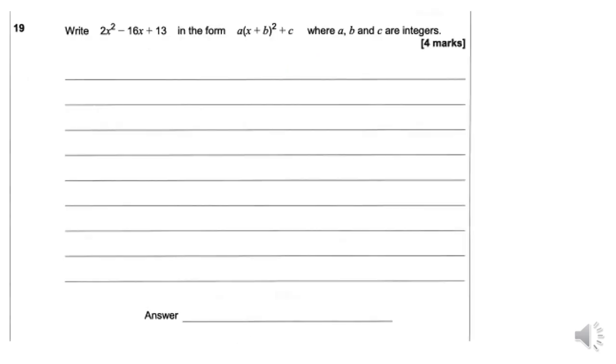Right, next up, it's a little bit of completing the square. It's the hardest version of completing the square, admittedly, but we will be all right with it. So, first off, if you look at it, it's asking us to do 2x squared minus 16x plus 13 in this form. Now, they've taken a factor of a out, which I think kind of prompts you to take a factor out here. The reason that we don't want to complete the square at this point is, and I'll just do it over here, look,